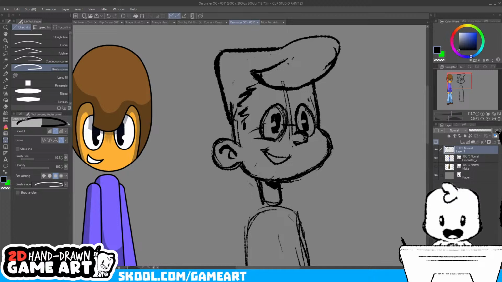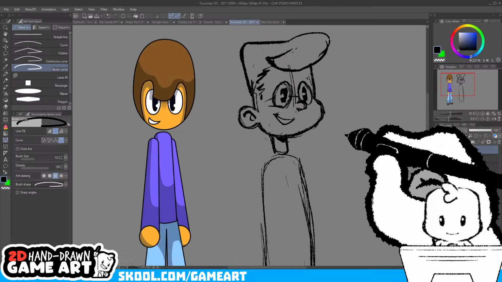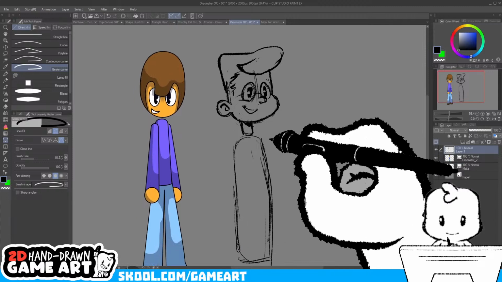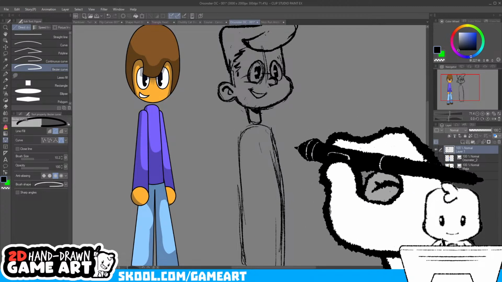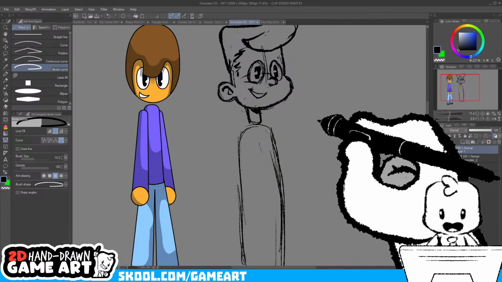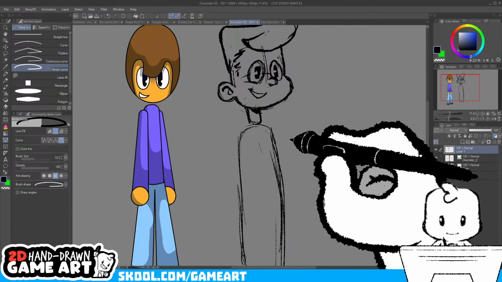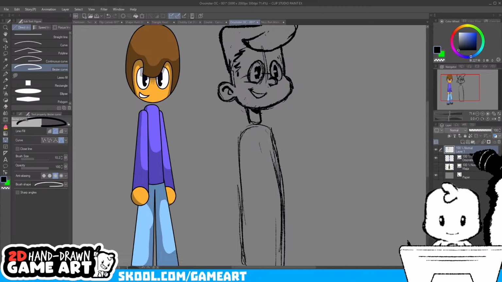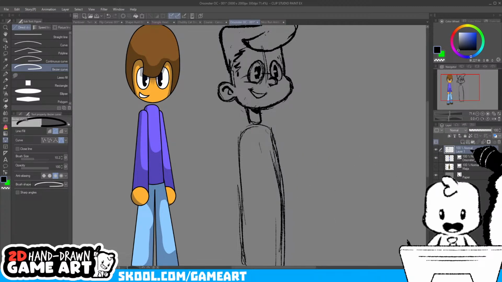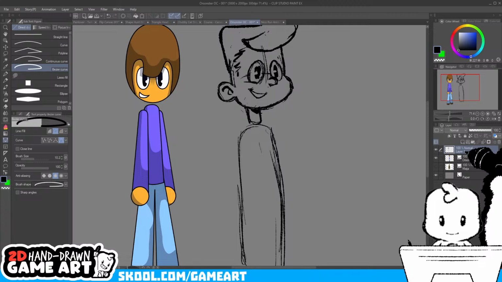Have I ever tried drawing with a mouse? That's going way back for me at this point. I'm sure I have. I do like to do my inking with a mouse, with the method I just showed, because I think that's easier to do than with a tablet sometimes. So I still use the mouse for line art, but I don't use it so much for sketching. I like to sketch with the tablet for sure.